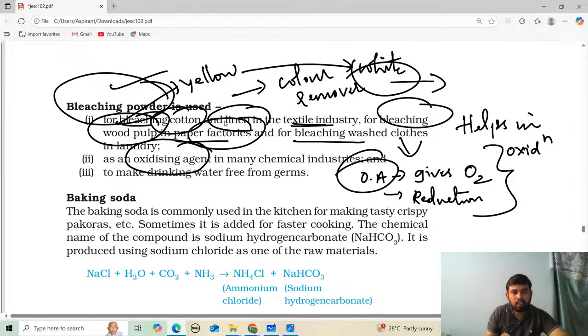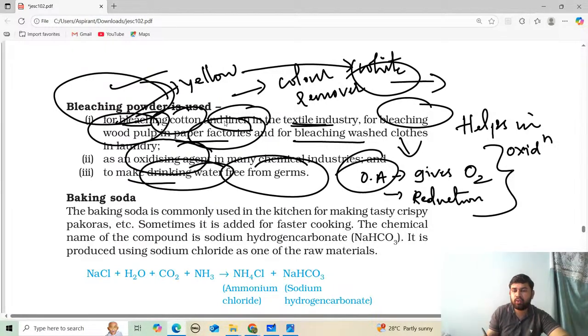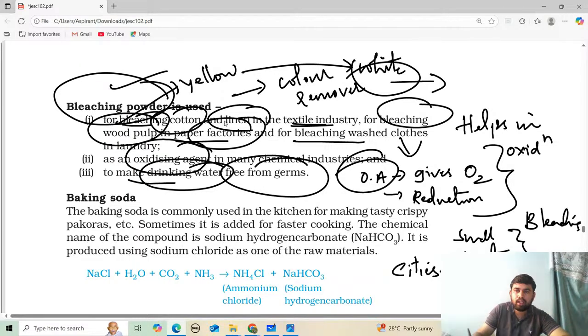The third use is to make drinking water free from germs. You know very well, especially in the cities, did you smell the water, right? The water smell is somewhat different because of this bleaching powder. Especially even during fairs and jatras, there will be